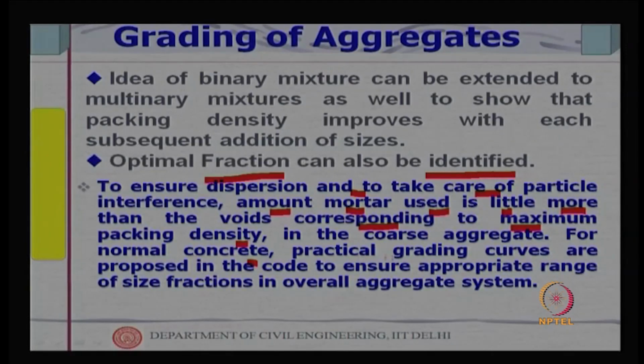For normal concrete, practical grading curves are proposed in the code to ensure an appropriate range of size fractions in the overall aggregate system. So, the grading system is nothing but what tells us what proportion of what size one should use. With the current concepts of packing density, perhaps one can determine this algebraically, knowing certain properties of the aggregates,